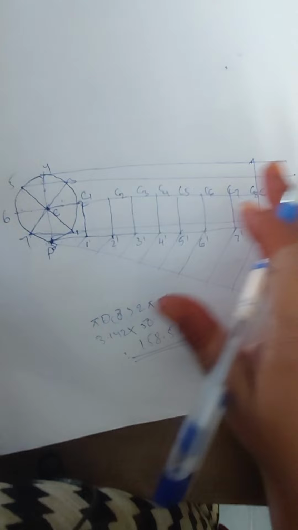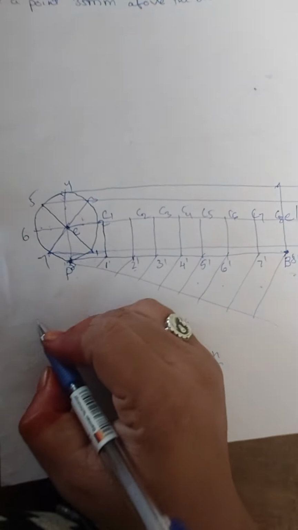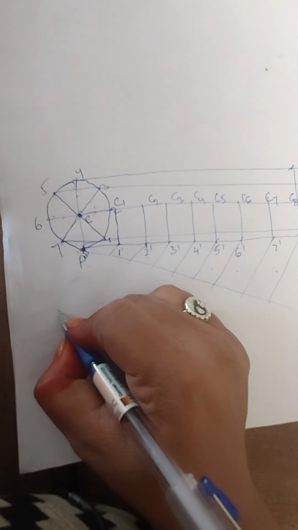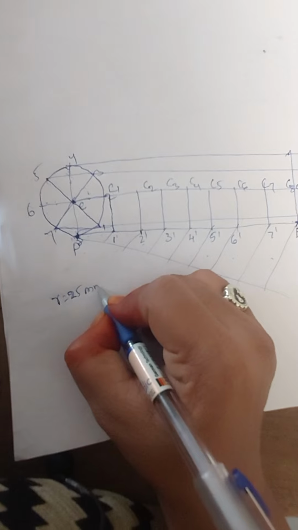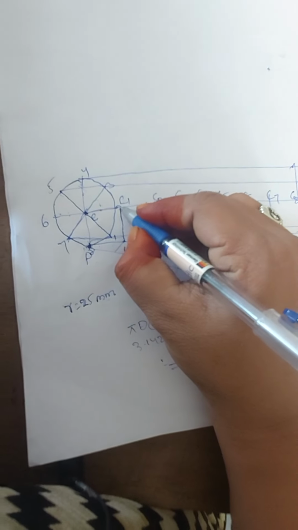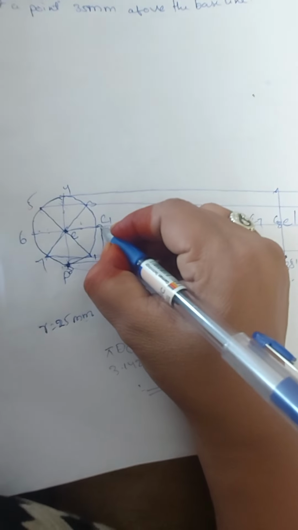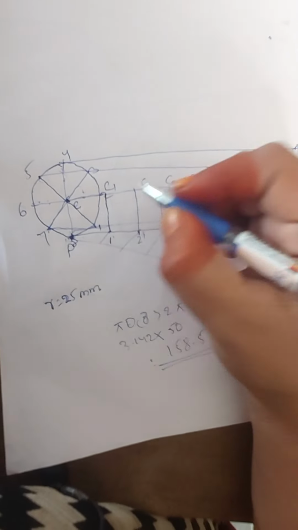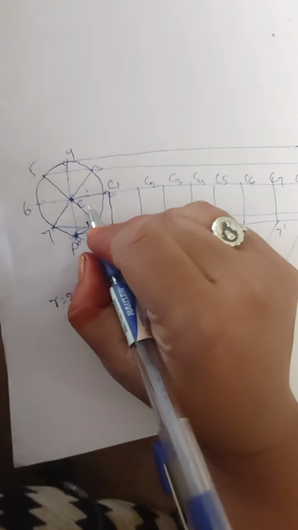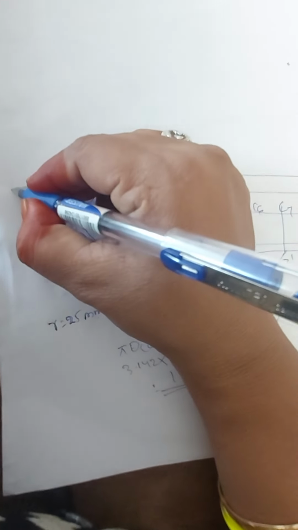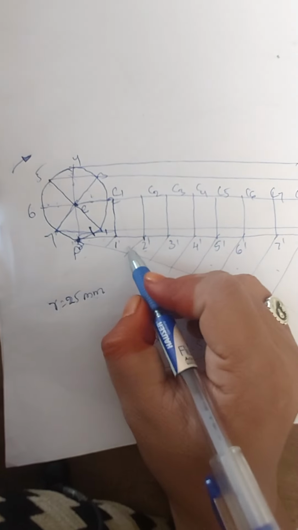Next, after getting the center points C1 to C8, with the help of a compass, take the radius as 25 mm and the point C1 as the center. Draw the arc on the line which passes through 1. It indicates that when the circle starts rolling on a straight line,